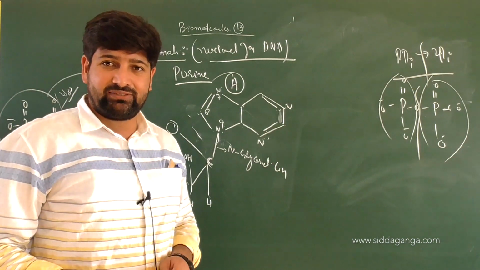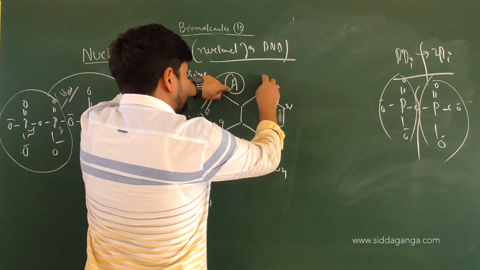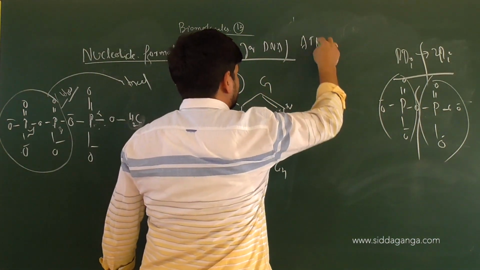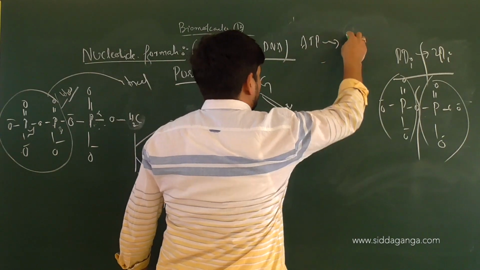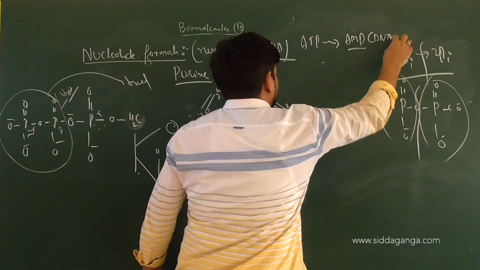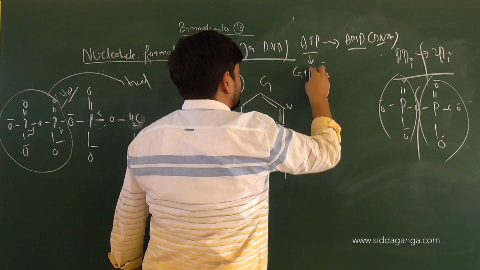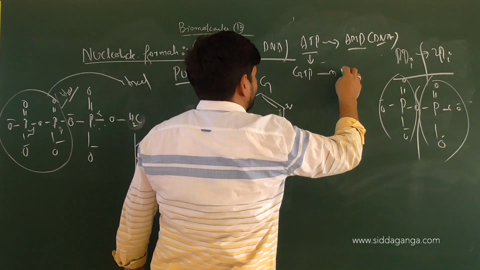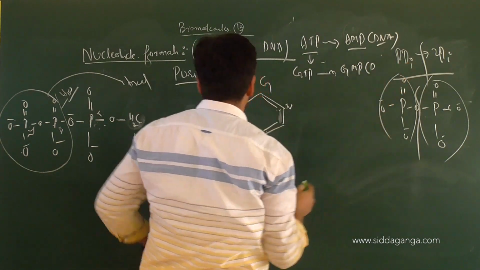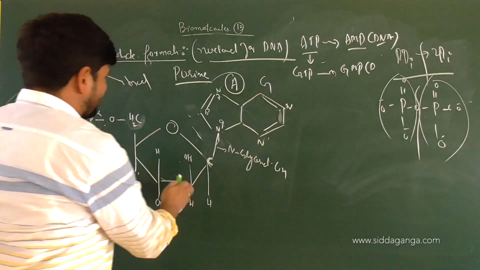Am I clear with the thought here? Right. So if it is guanine, it becomes guanosine triphosphate, or you can have adenosine triphosphate. When hydrolysis occurs for that, it will be adenosine monophosphate, which will be incorporated in DNA. Right or not? And then you can even have guanosine triphosphate, which can be converted to what? Guanosine monophosphate respectively, which will be incorporated in DNA. So these are purine bases. Same thing can come into play.